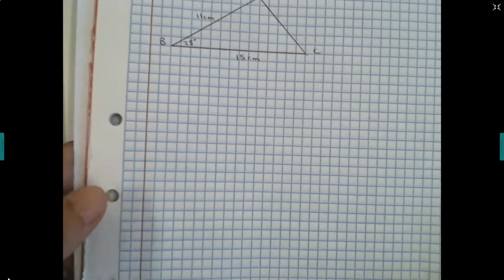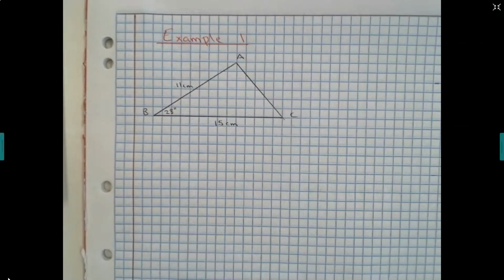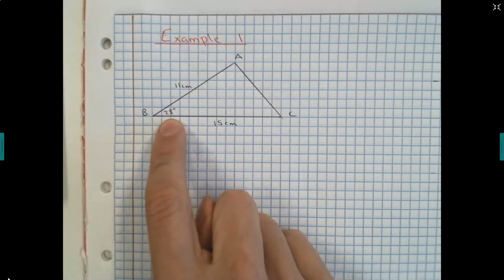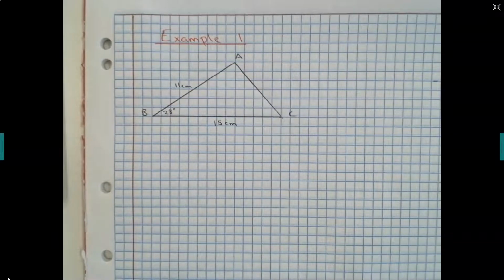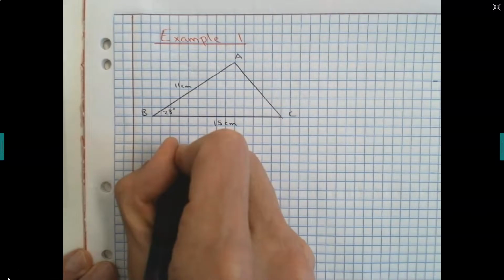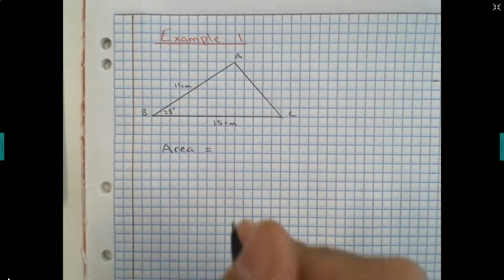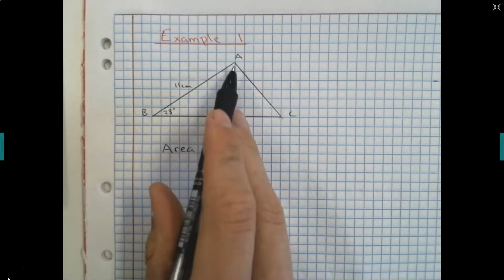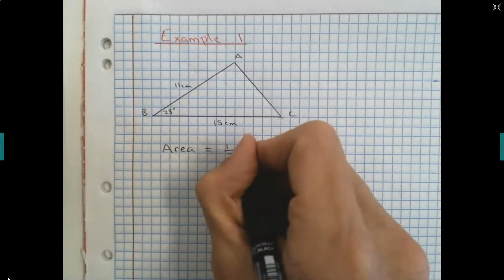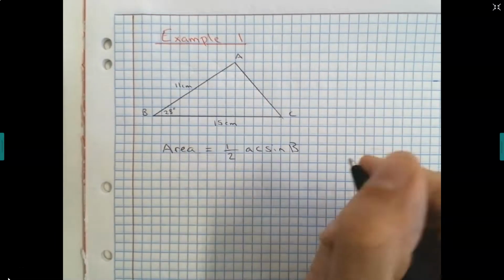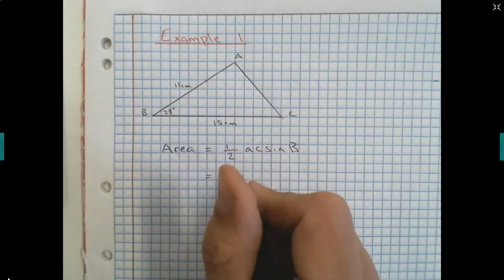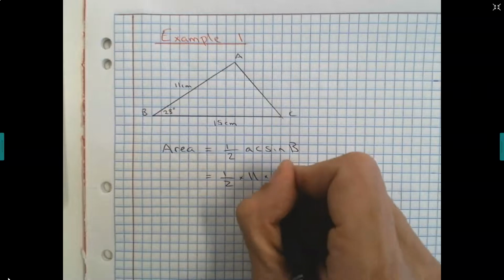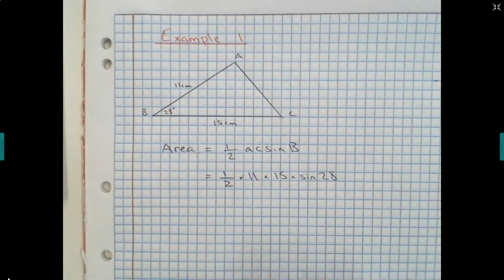So let's have a go at an example and we'll apply this rule. So take a moment to quickly copy this down. We have triangle ABC and we've got two side lengths and an included angle, and we're asked to find the area of this triangle. So we know that the area is equal to half. Now remember we have angle B, so that means that our enclosed sides are a and c, so half ac sine B, which is equal to a half times 11 times 15 times sine of 28,